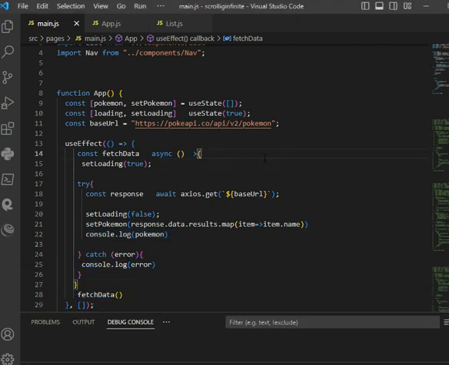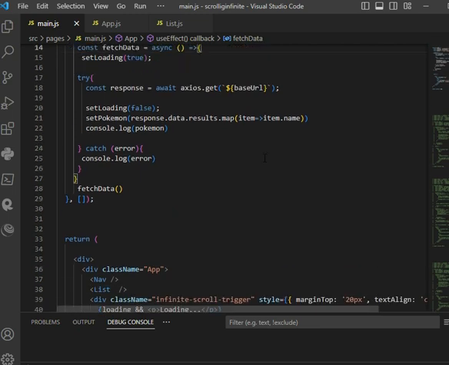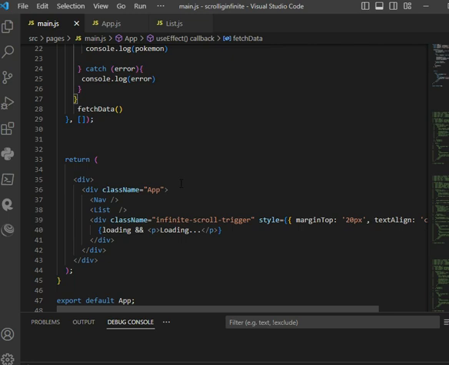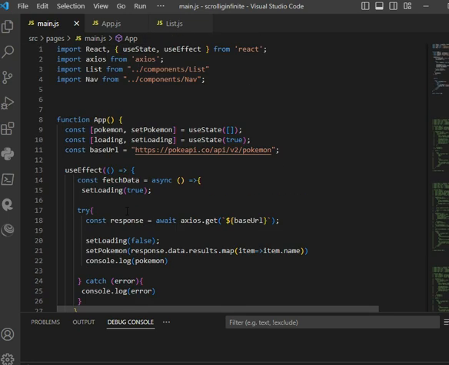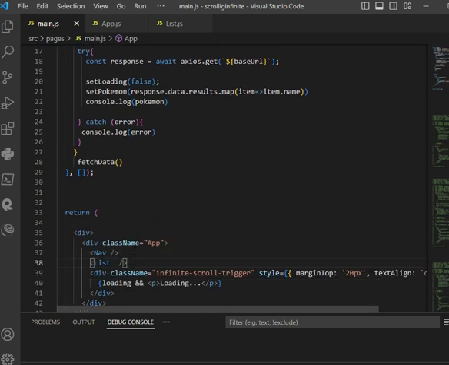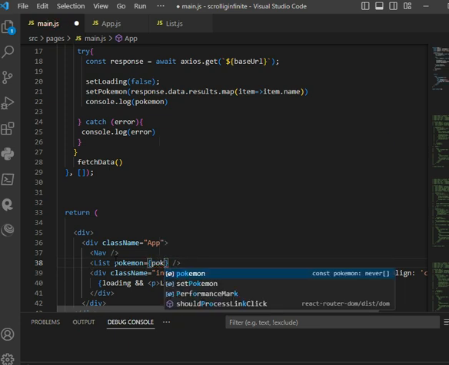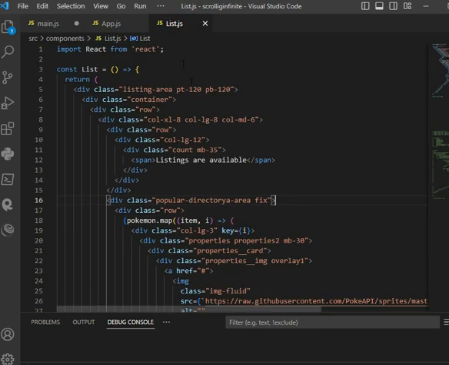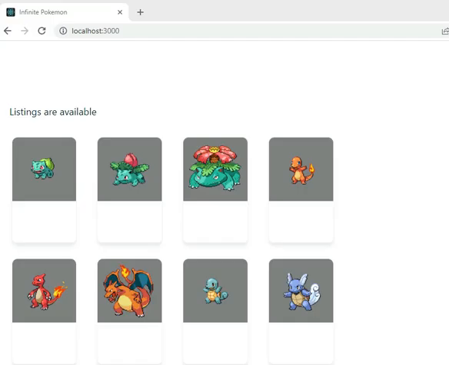So now we are supposedly ready to render our Pokemons, because this is already set up, except that we still did not pass our Pokemon variable as props. And in list, we also should pass Pokemon. And as you see, they are already there,